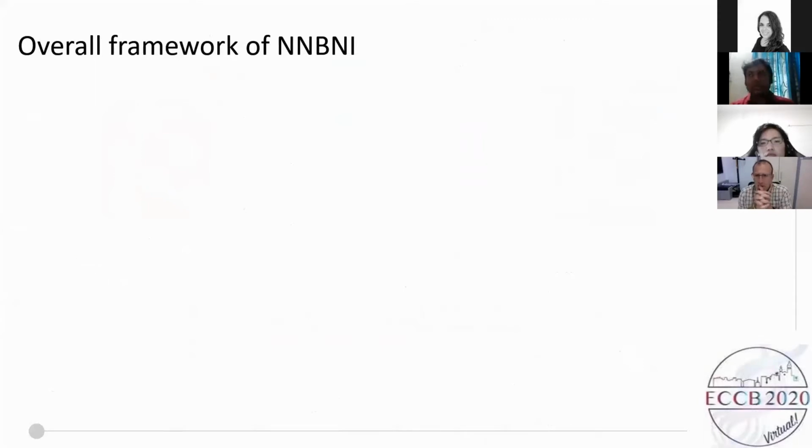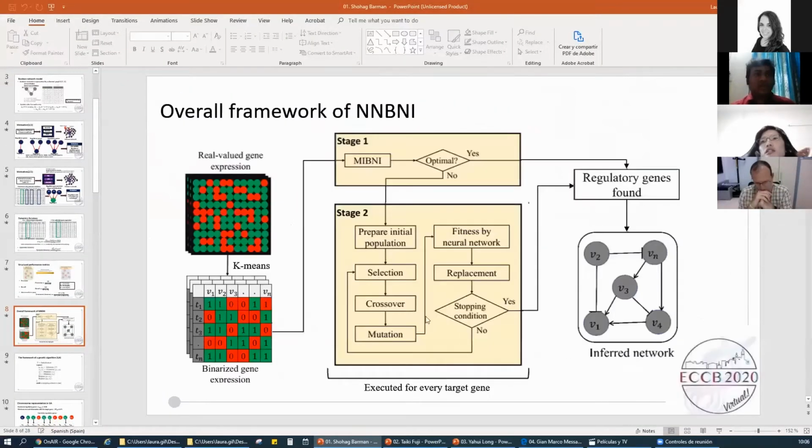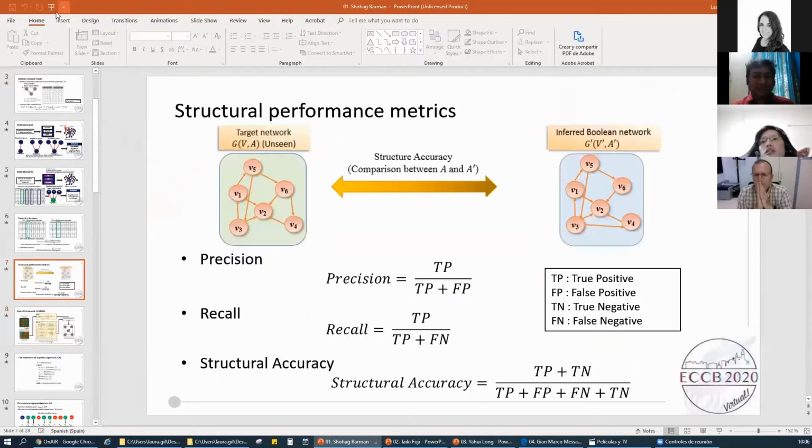Actually, there are also other methods, mutual information methods. They have limitations as well: they cannot infer regulatory genes, and